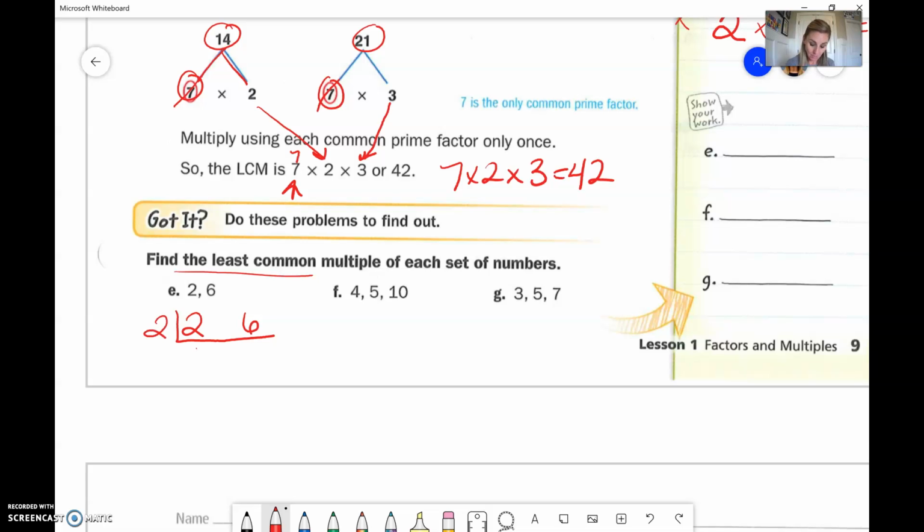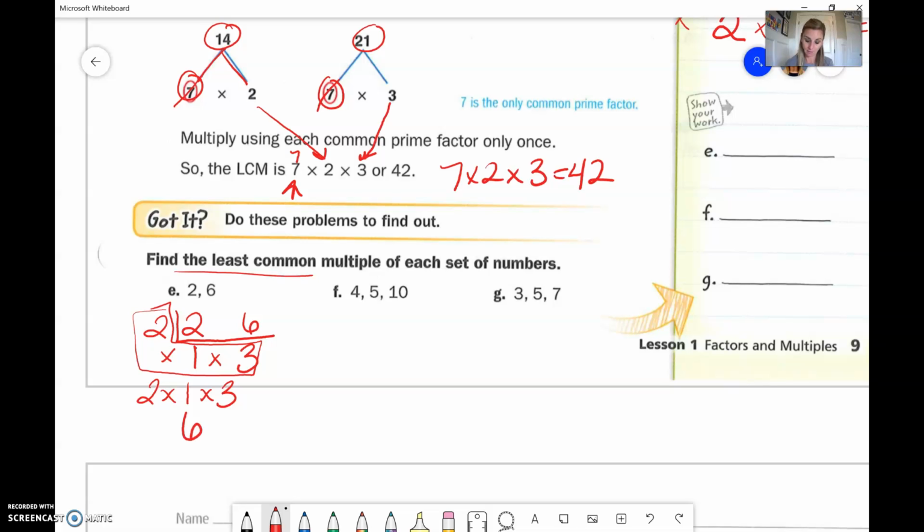So 2 times 1 is, or I'm sorry, that happens all the time. 2 times 1 is 2. 2 times what gives me 6? 2 times 3. Now, 1 and 3, those are both prime numbers. I can't pull out a number except for 1, and that's not going to do me any good. So now I'm just going to multiply these numbers on the outside. Looks like an L. So 2 times 1 times 3, which is going to give me a least common multiple